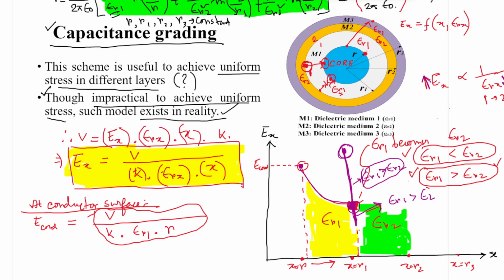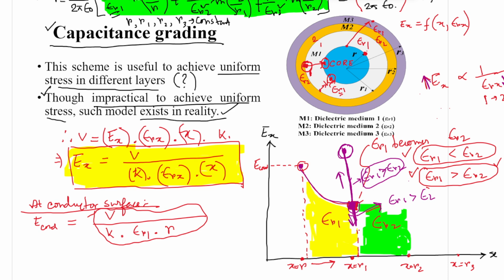Now after settling down at this point, I am repeating again, the jump is due to the sudden change of dielectric medium, and in which direction it goes is totally dependent on whether epsilon R1 is greater than epsilon R2 or less than epsilon R2. Both can happen. So it can either go in this way or in this way. After going in whatever direction, after settling down,